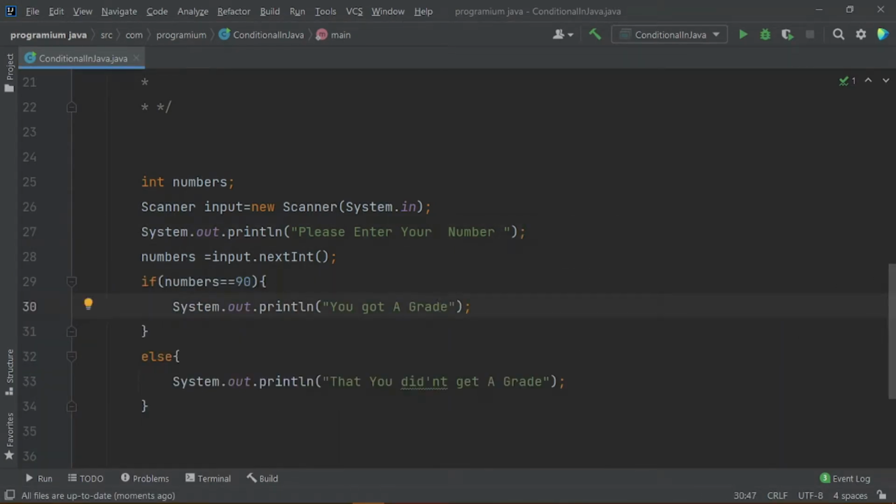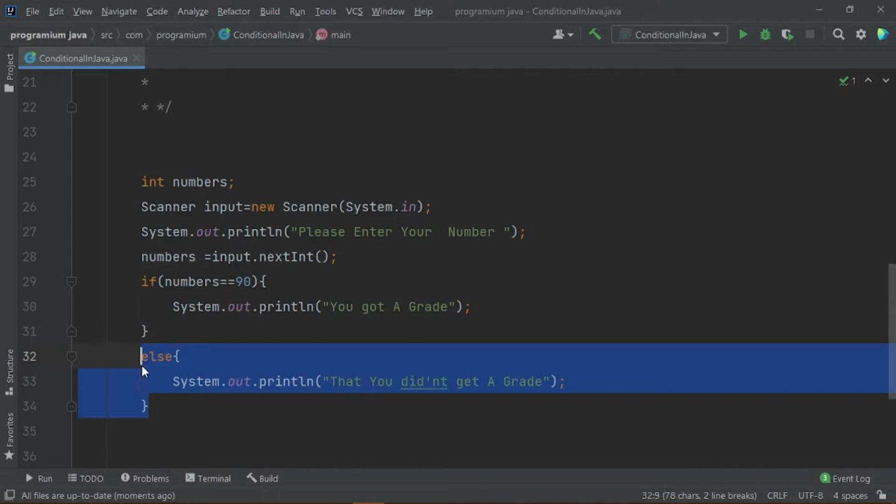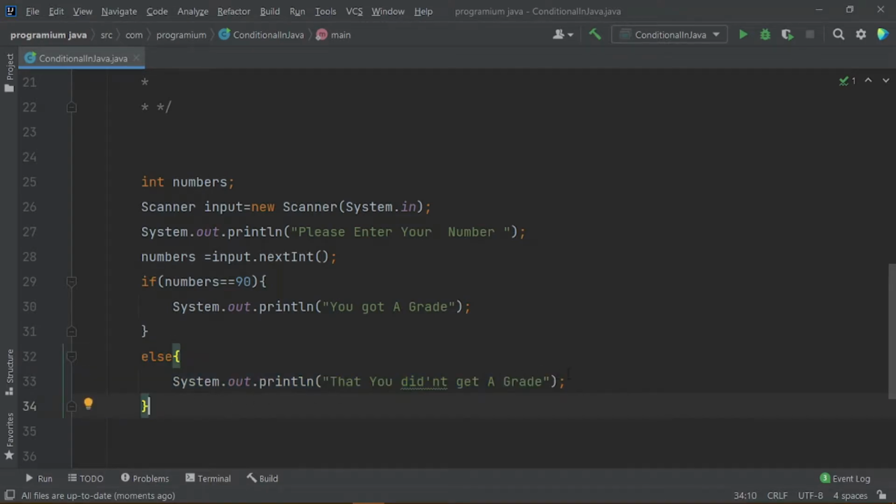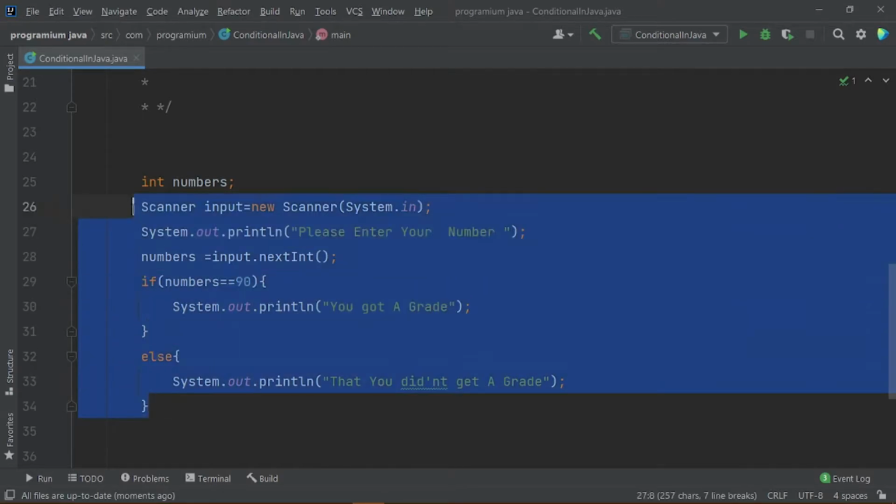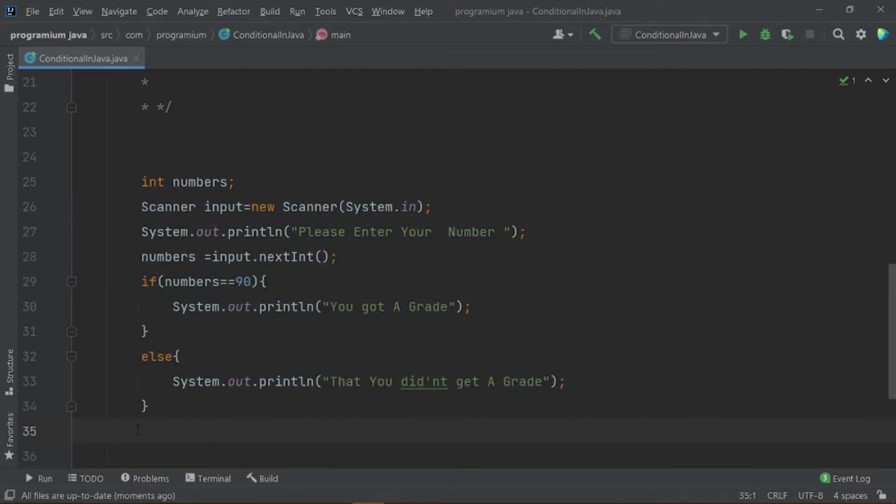So why is that? Because we only put a condition that if number is equal to 90, then only show this grade. But if the user enters numbers other than 90, and that number is greater than 90, then of course we have to handle this. So guys, these were the if conditions.